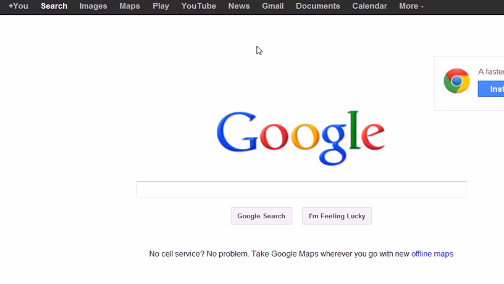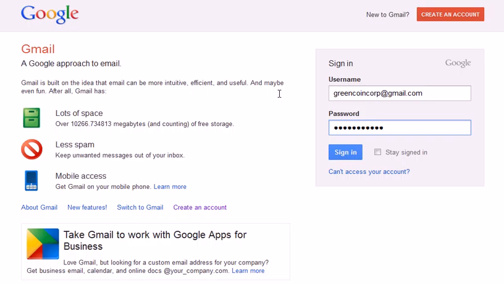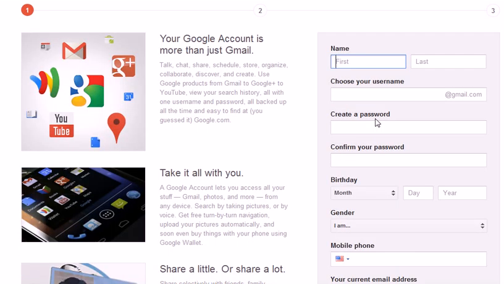But if you don't know how to do it, first go to Google, which is google.com, and when you get there, click on where it says Gmail, and it will go to the Gmail page. At the top right it says create an account, so you click on there, and you just fill in this information here, and let's say our name is Henry Dawson,